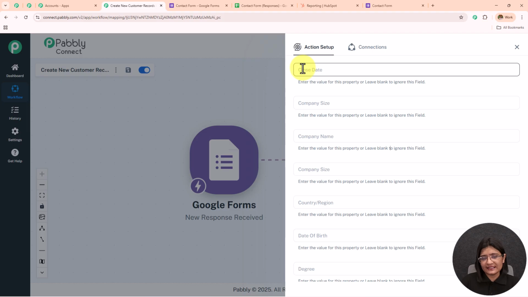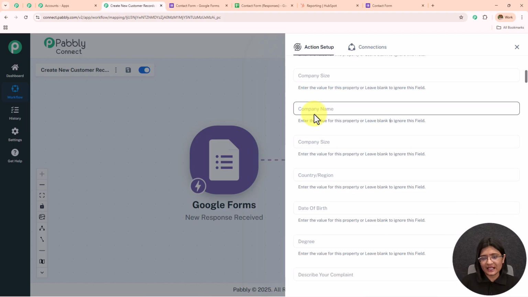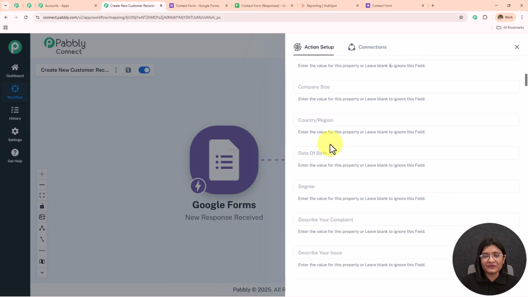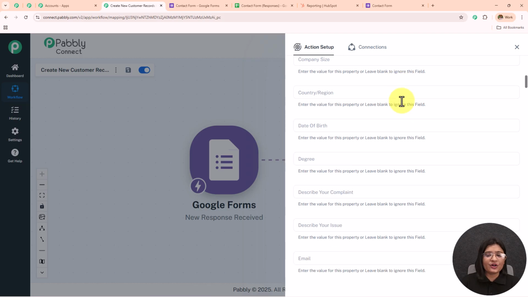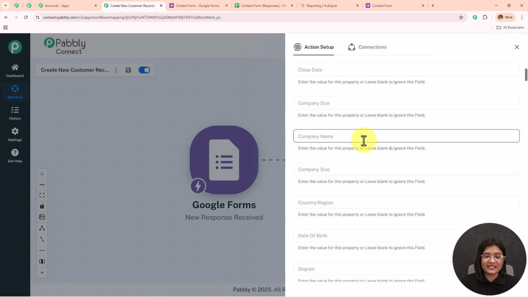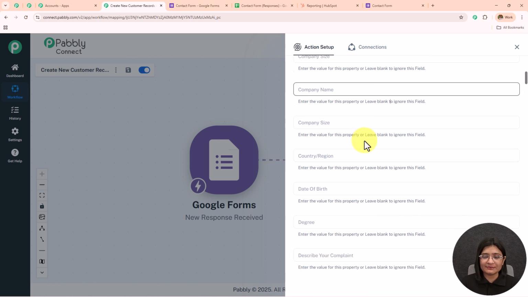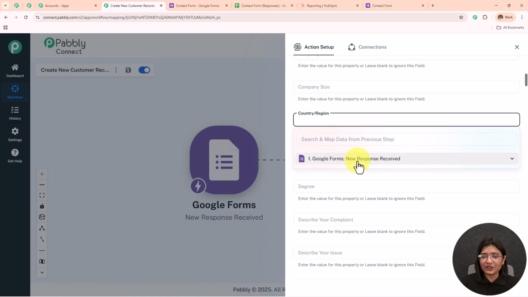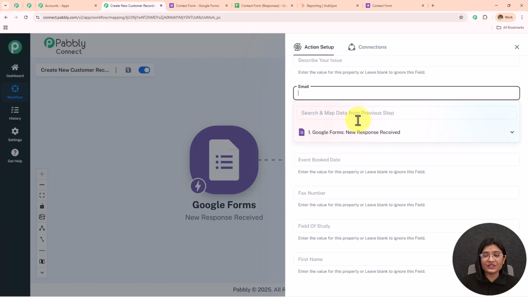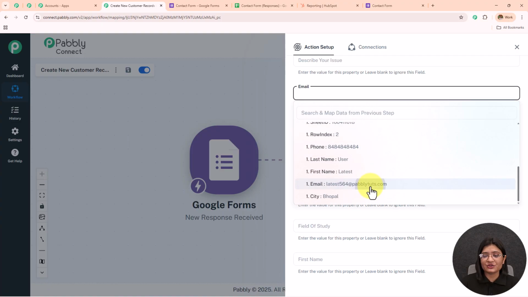Now these details like the close date, company size, company name, country, region, I have not received the response for these fields, so I'm going to skip this. But if you have received the response for these fields from your form submission, you can map this following the same process. Please do not enter any of these details manually. Now in the region, I'm going to enter the state, and I have also received the response for the email address, which was